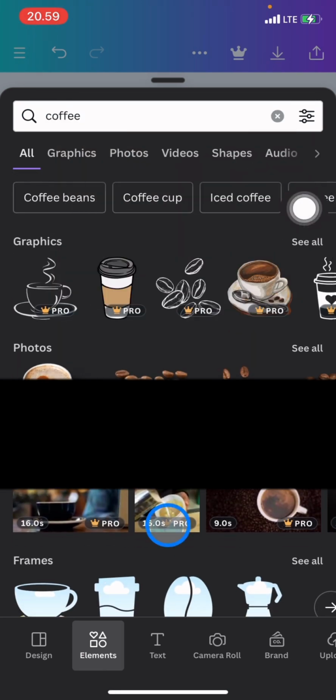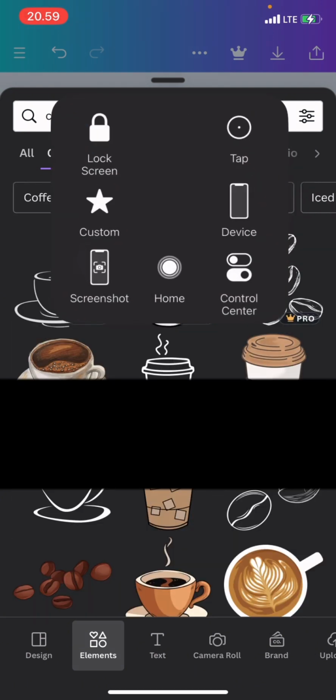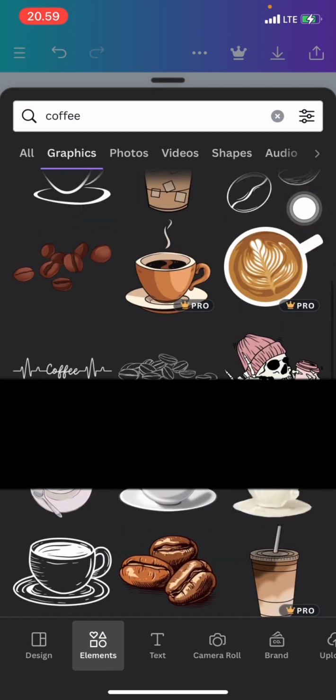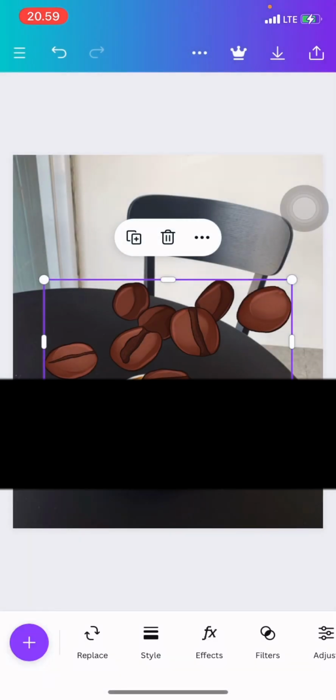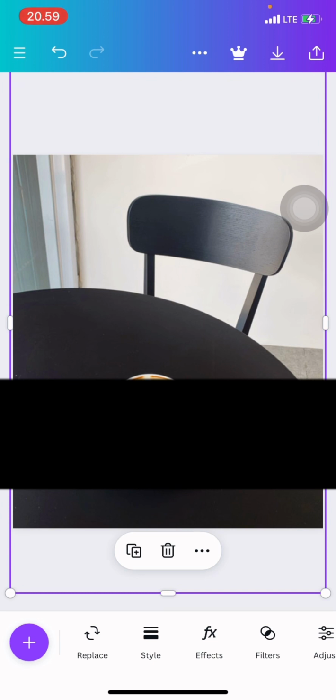If you need graphics, just go into the graphics, and now you can explore what graphic you want to add into your picture. For example, the spins, you can adjust it, then go right there. And after you finish and are satisfied with every edit that you have,